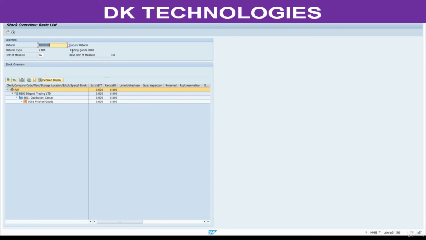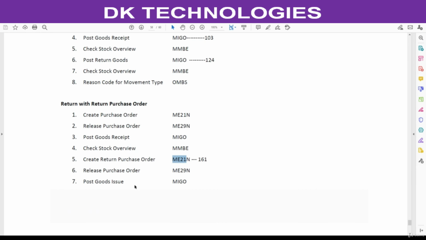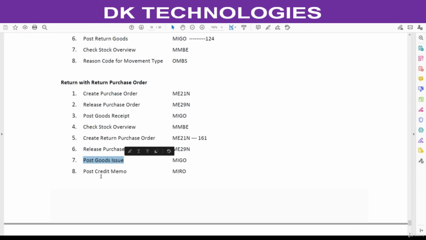If you want to check the documents posted, go to notes. Now post a credit memo for this return. Go to MIRO.